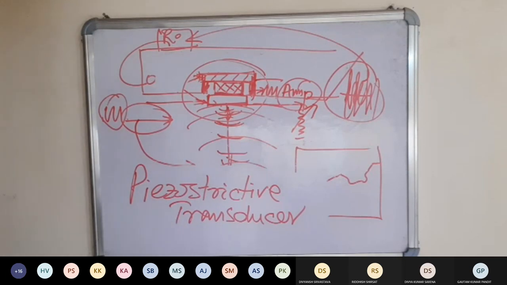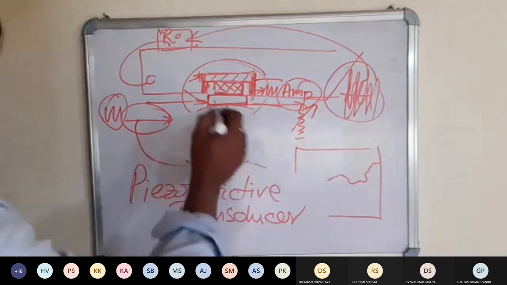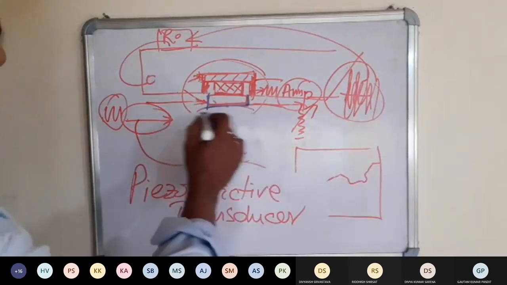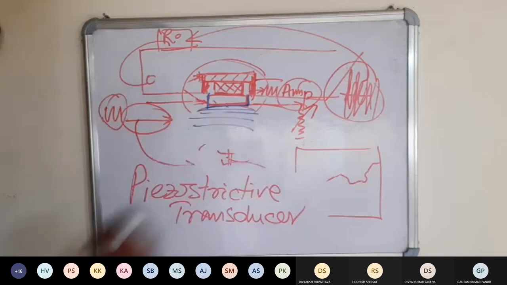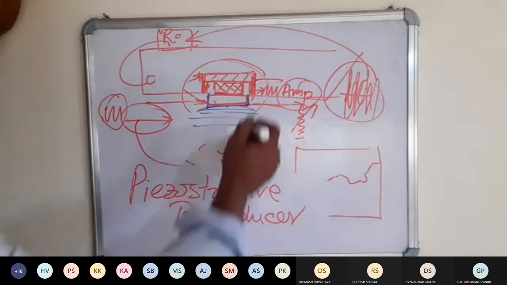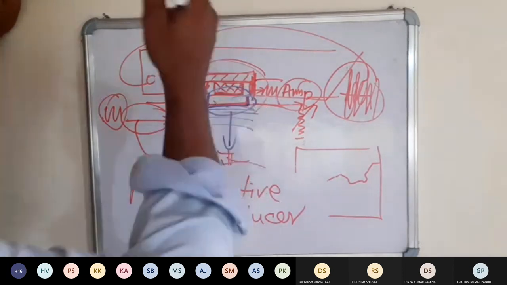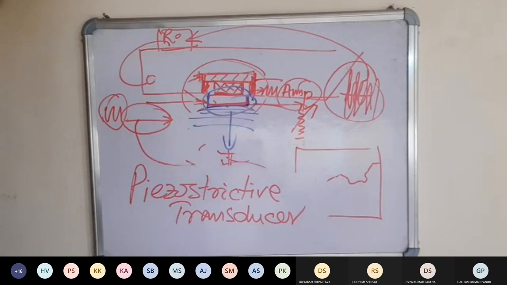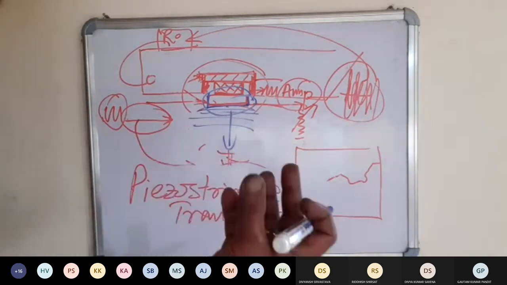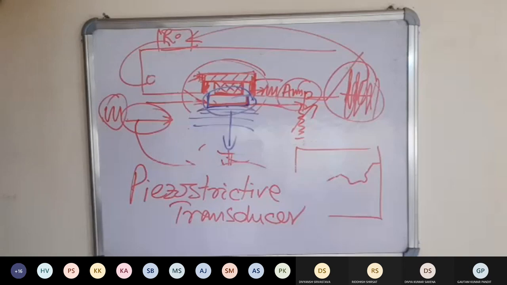Now talking about the advantage of this, since the transducer is in direct contact with the water, it is very energy efficient. सारा का सारा वाइब्रेशन जो है पानी में ट्रांसमिट हो जाता है। It's very energy efficient, low power system है, थोड़ा सा पावर दो और काम होता है।